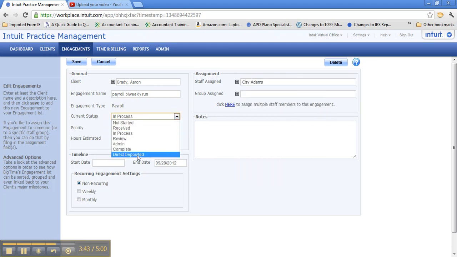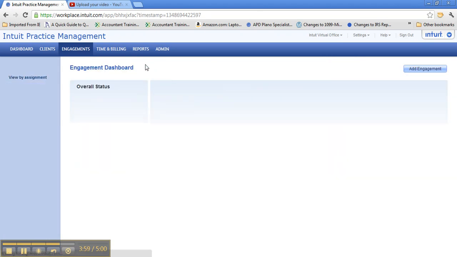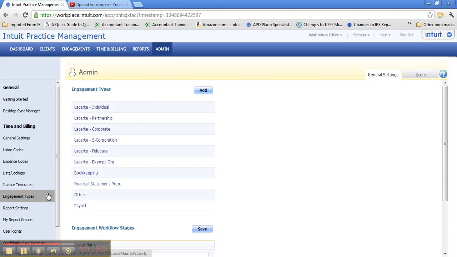And that's how the engagement types and the statuses from the admin engagement types, where you can set your own statuses for both Lacerte and non-Lacerte engagements, come into play within Intuit Practice Management. So let me just finish this. There's the end date. I'm going to go ahead and click Save and go back, and that's basically what engagement